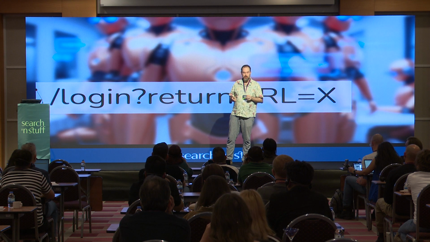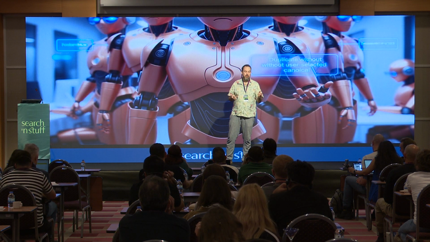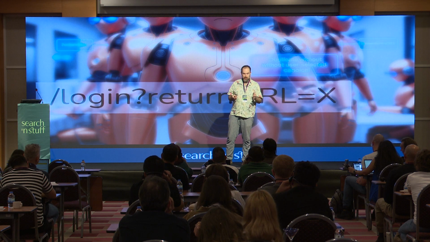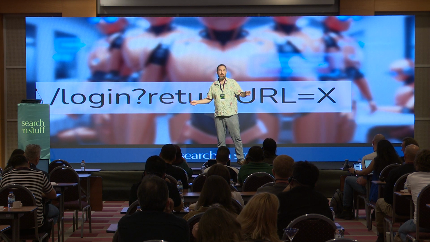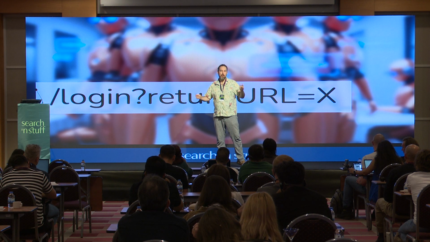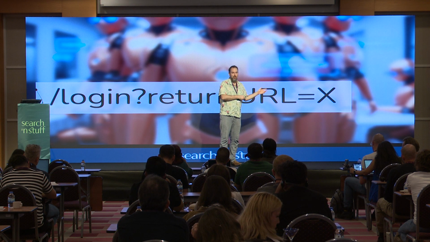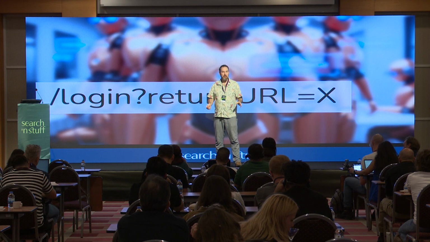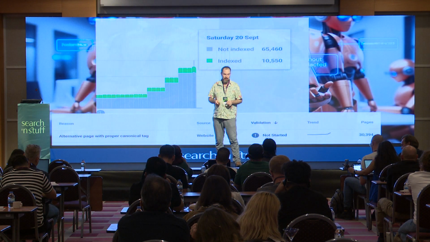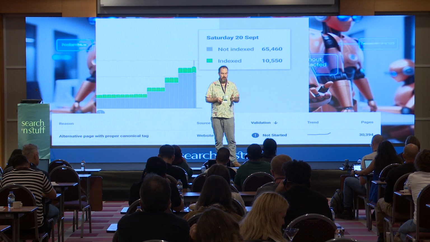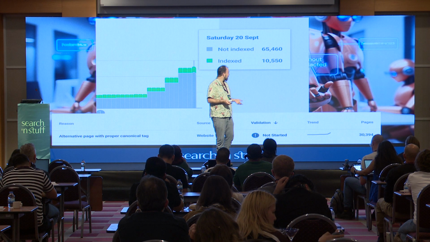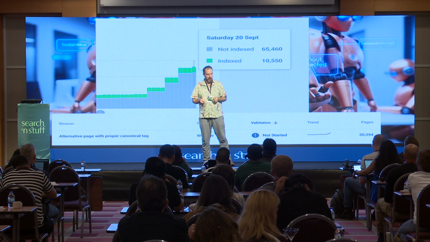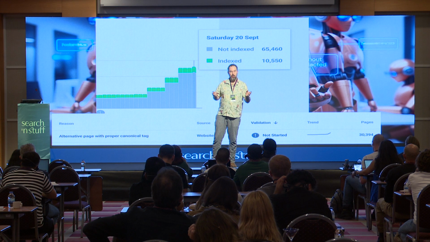But yeah, you often find that there's a simple thing like a page such as the login page has got a parameter on it, and if it hasn't got a canonical, Google's going to turn around and find thousands of duplicates of this, and it's going to crawl them all, and it's going to waste time doing that. And so it's often an easy fix. And that's the kind of thing which I want to look at to go, okay, what's happened here? And you can see on this site, they've got 30,000 pages of alternate page without a proper canonical.